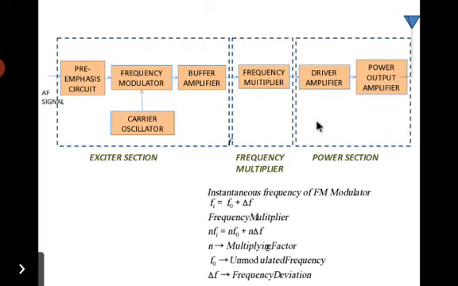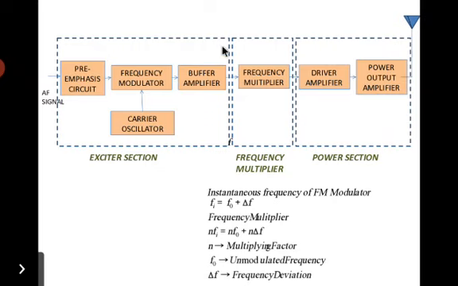Now we go to a power output section. The final power output section develops the carrier power to be transmitted and often has a low power amplifier driven the final power amplifier. The impedance matching network is same as that for AM transmitter, and this section matches the antenna impedance to the correct load on the final power amplifier.